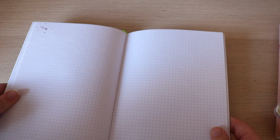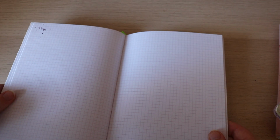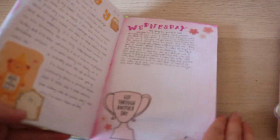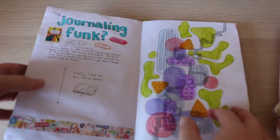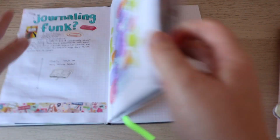But here's what the pages look like. The squares are actually so small and it makes it so much harder for me. And I feel like the page size also affects it, but this is not finished, so there's definitely not a flip through. I literally did a page on journaling funk, one of the first pages, and now we're maybe halfway,